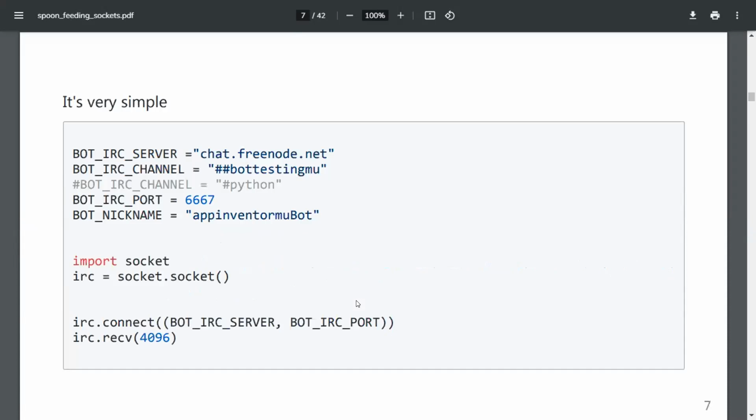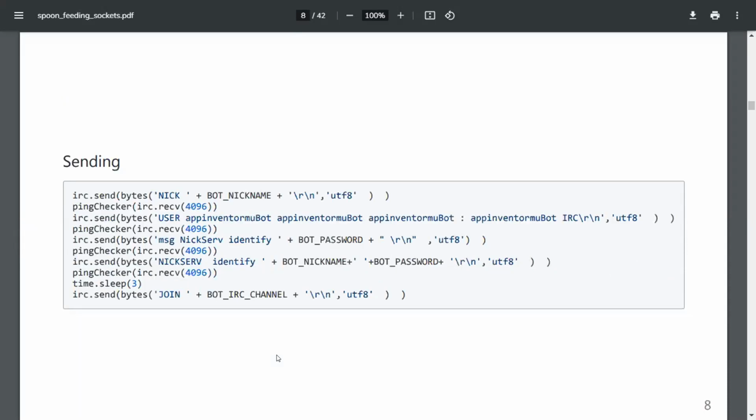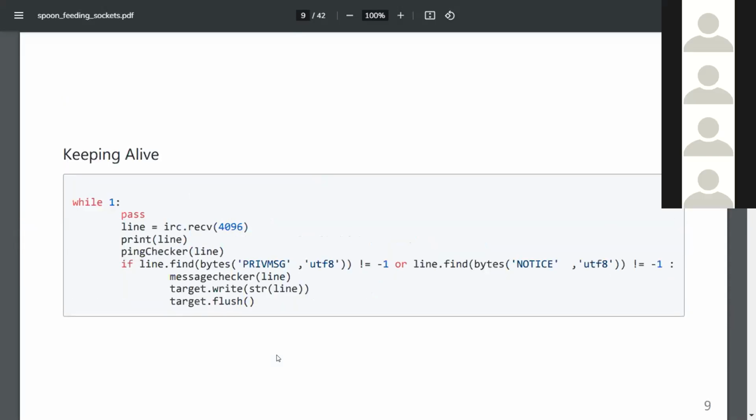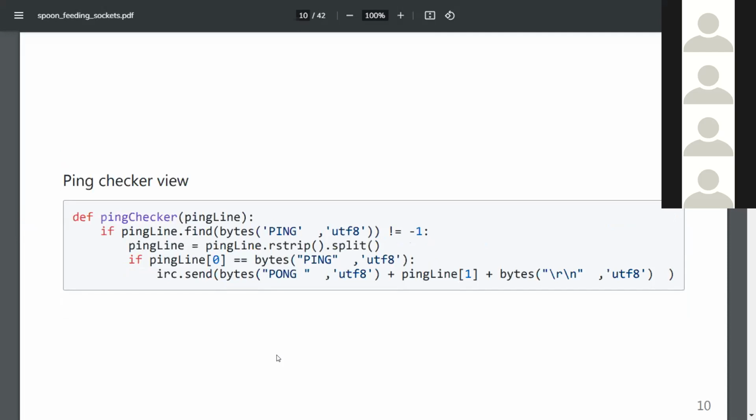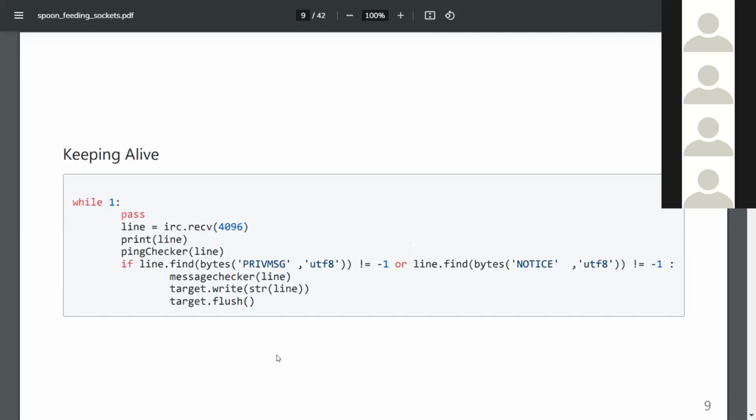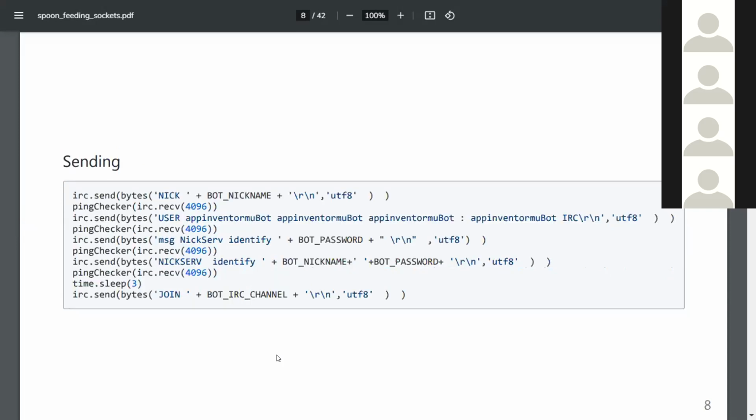These lines do the magic, which is something very simple. The bot is just identifying, keeping itself alive, etc. It's the most simple, but also an interesting project you can do with sockets.